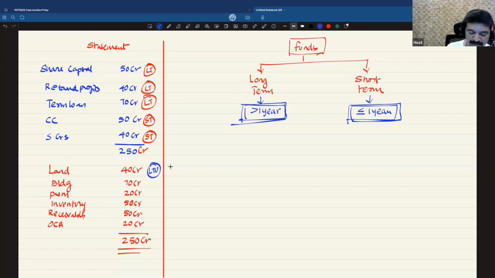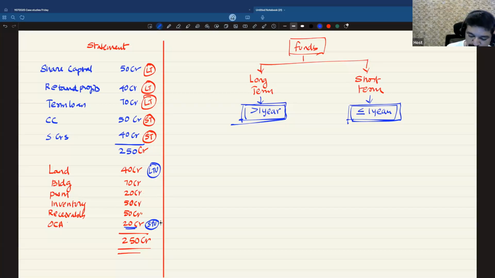Okay. I have invested this money in bank deposits. I will liquidate it whenever I want, which is sitting under other current assets. I have invested 20 crore in some bank deposits, not a long-term deposit, but some short-term securities or short-term deposits. Will you call it a long-term use or short-term use? We will call this a short-term use.